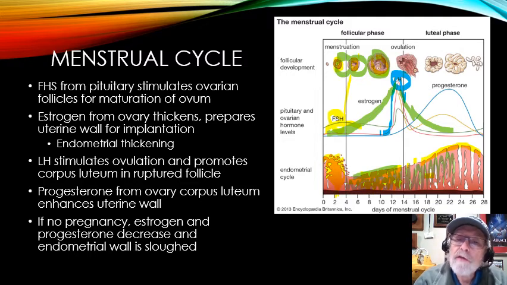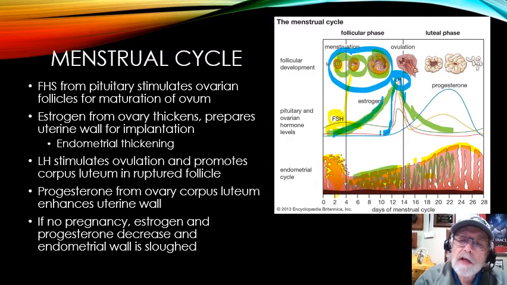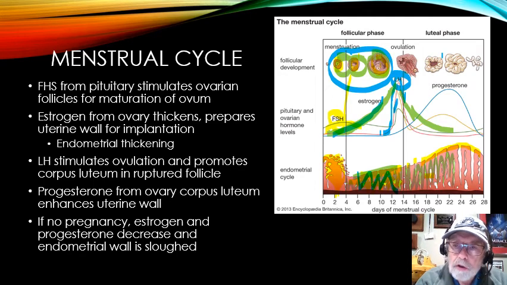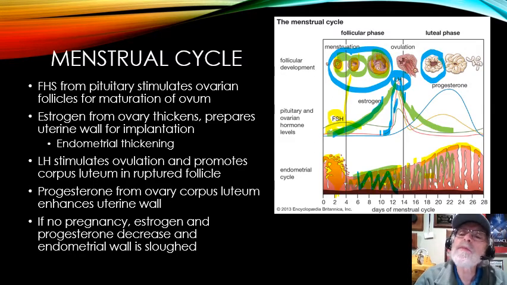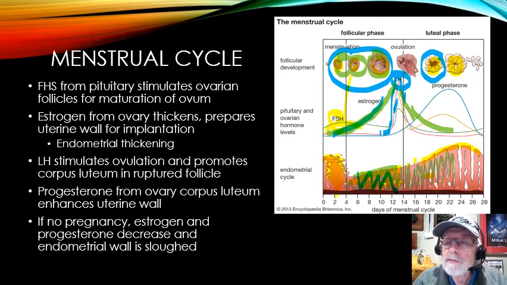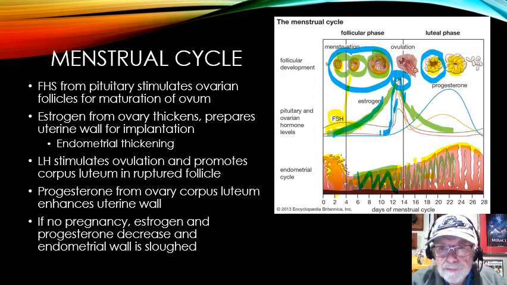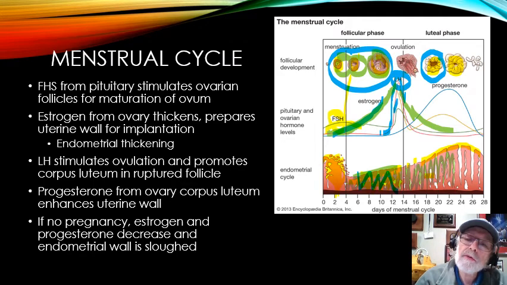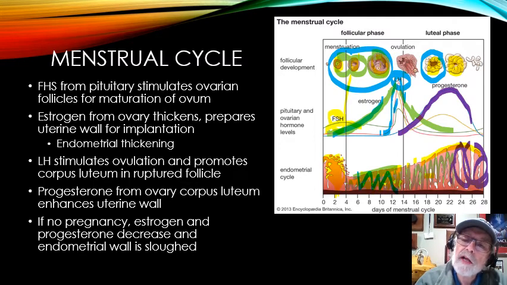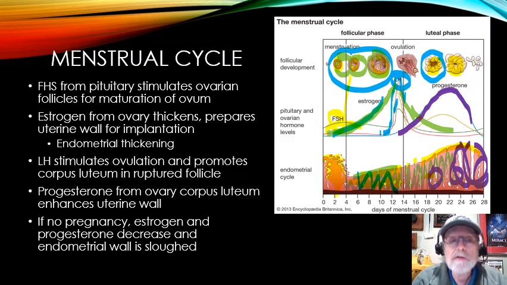So FSH develops the follicle. Estrogen increases the thickness of the wall. LH causes the ovulation to occur. Also, once ovulation occurs, as that ovum is spit out, the inside of that cavity where the ovum was fills up with this yellowish material called the corpus luteum. The corpus luteum feeds back to the brain and says hold off on the FSH for a while, simply because we have to wait and see if there's pregnancy. But it also causes secretion of another hormone called progesterone. And progesterone makes it more glandular, makes the lining of the uterus better.